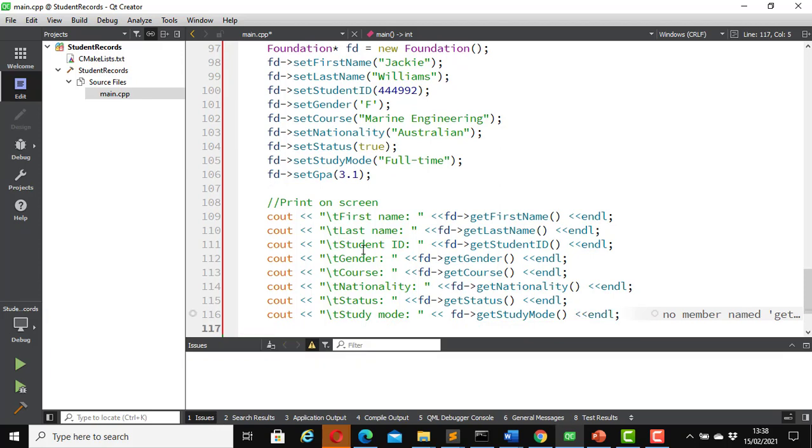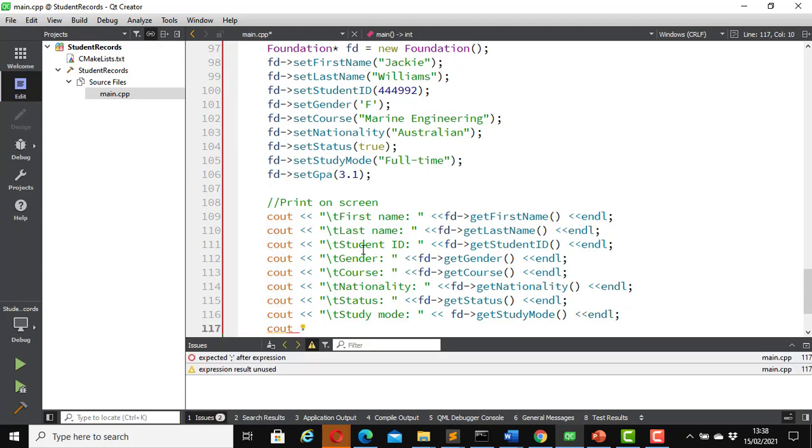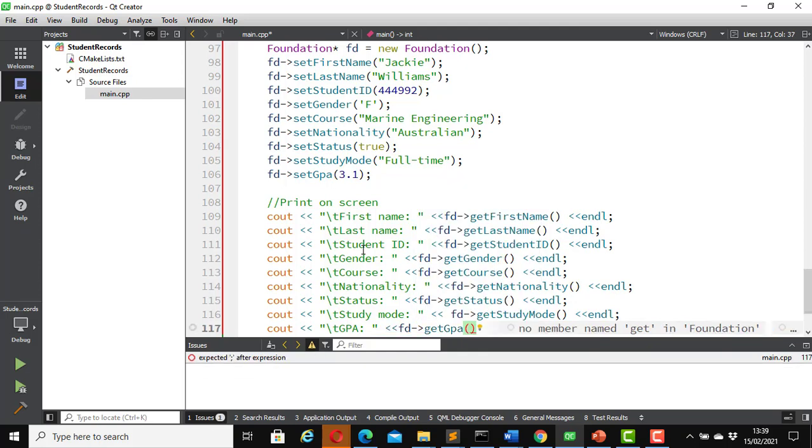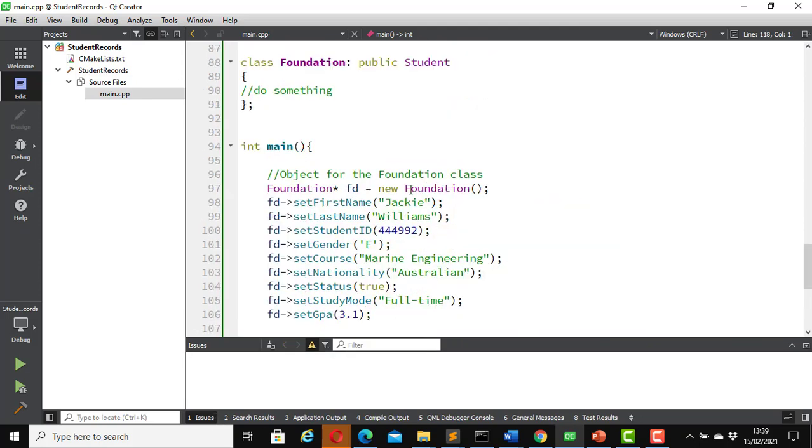And the last one there is for the GPA. fd.getGPA. That is it. Now we have created an instance of the foundation class which is inheriting from the student class,